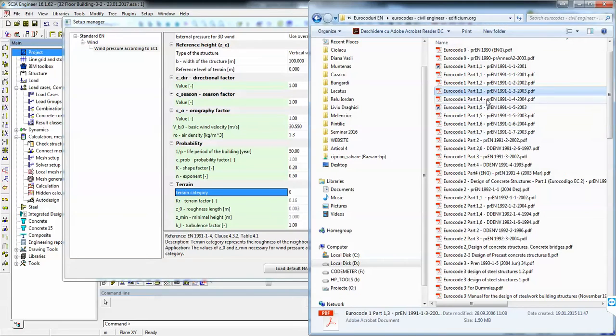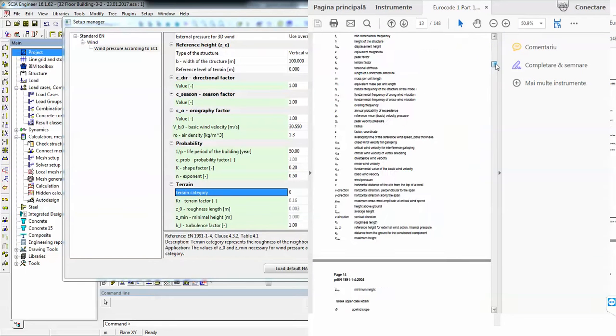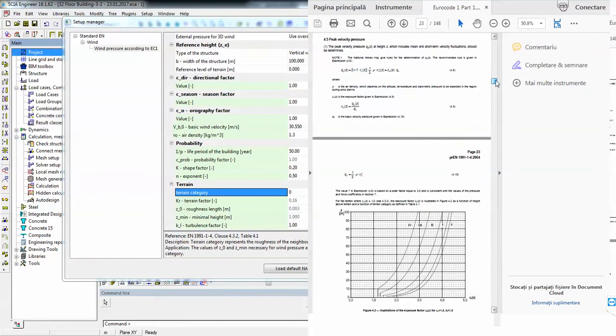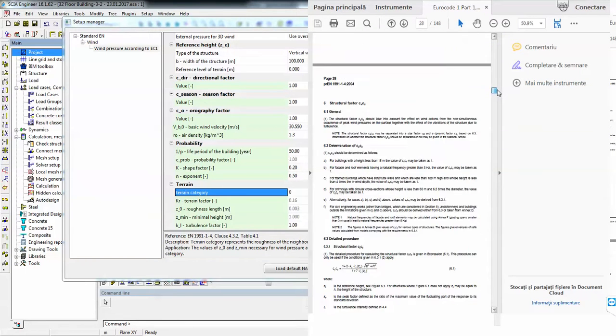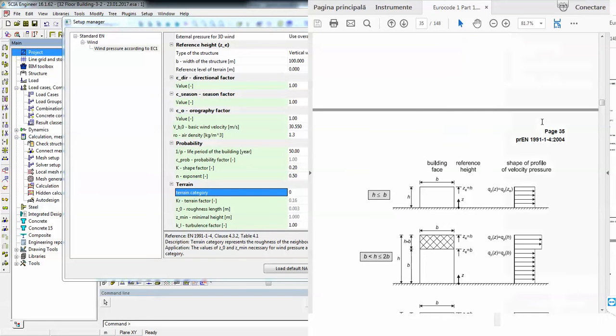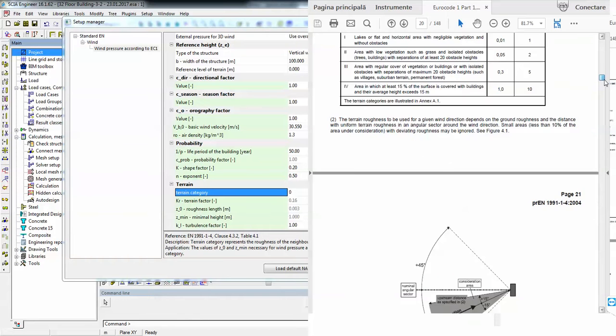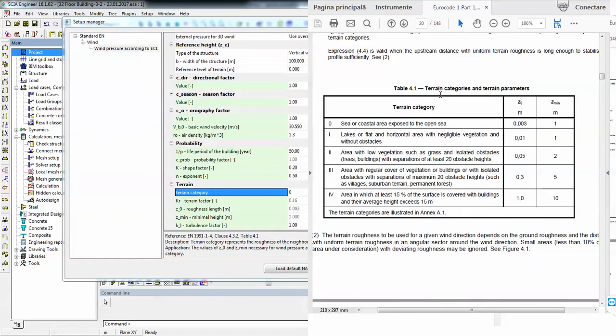Terrain category 1.4, and go to that specific table. So it will go to table 4.1. Okay, so this is how we establish the terrain category.